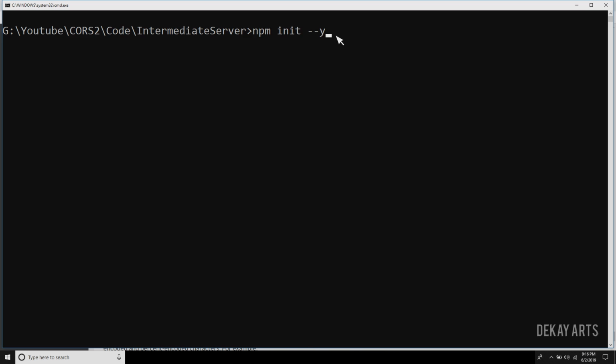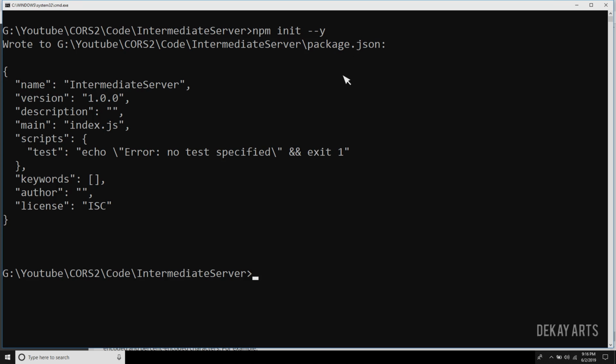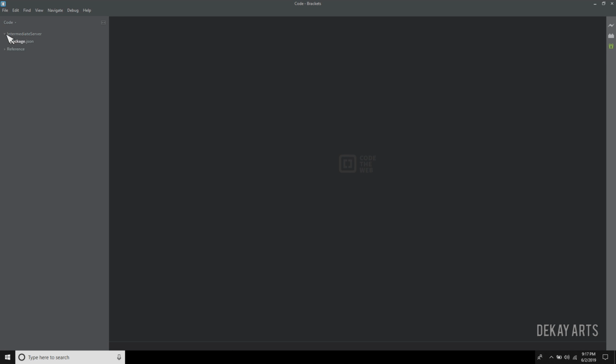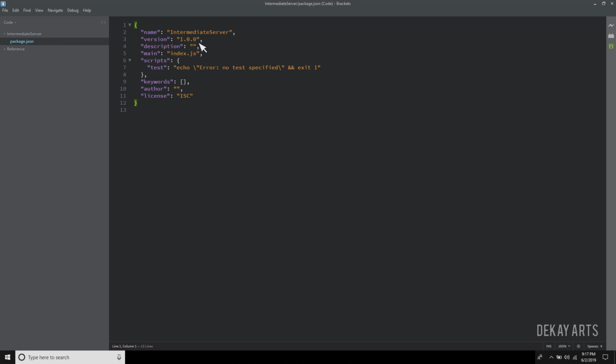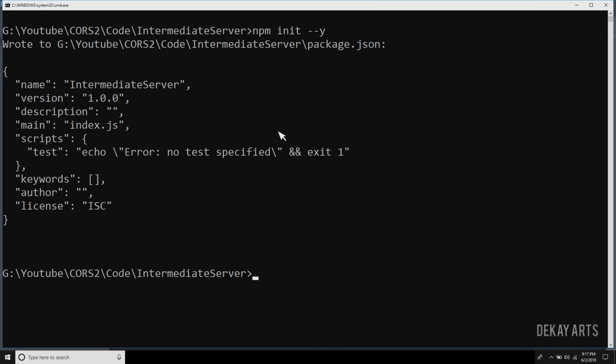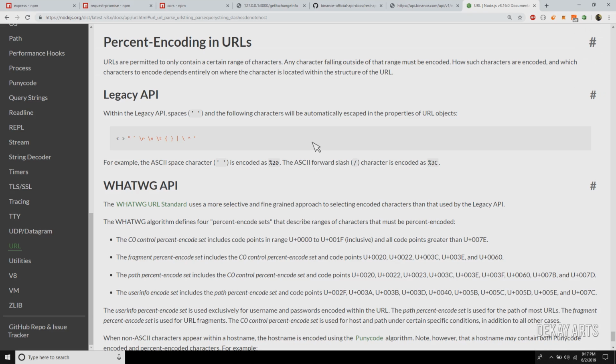This will initialize the package.json file. This file keeps track of some modules that we will install on the node side. If you go to the folder and expand it, you can see package.json. We are already in this folder, right? So we have to install some modules for this to work.